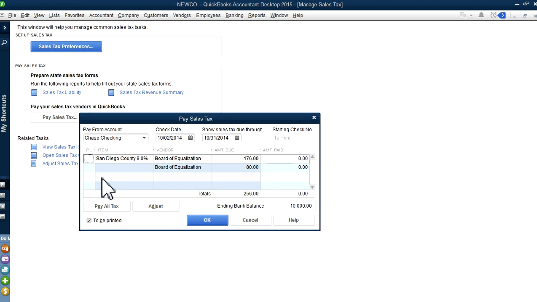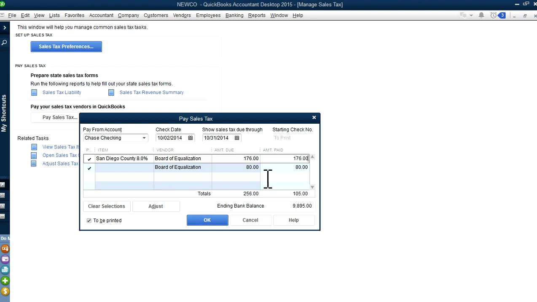So if you are just doing the monthly payment, it's kind of a small amount. If you're just writing a small check every month, this is the total payment due. But sometimes you just need to write a monthly payment, you just write an amount in here and pay. So you're paying $25 out of $256 due. So that's how you do it. You just enter your own amount if you're making a monthly payment or estimate. And in this case, we're just going to pay everything